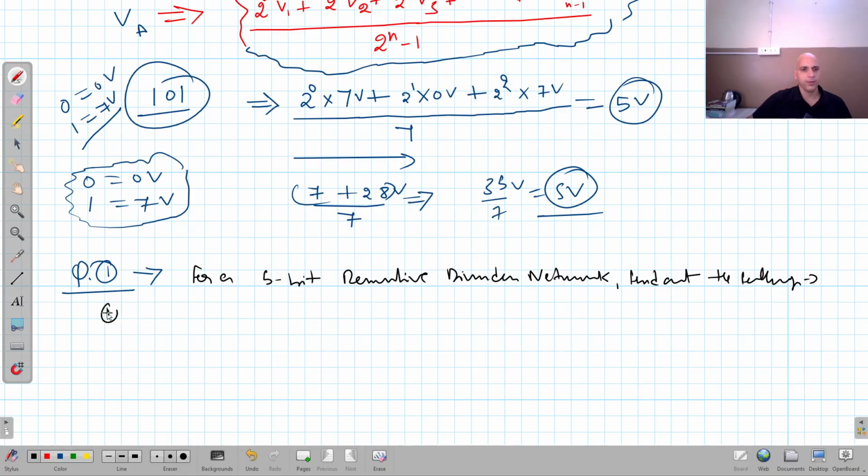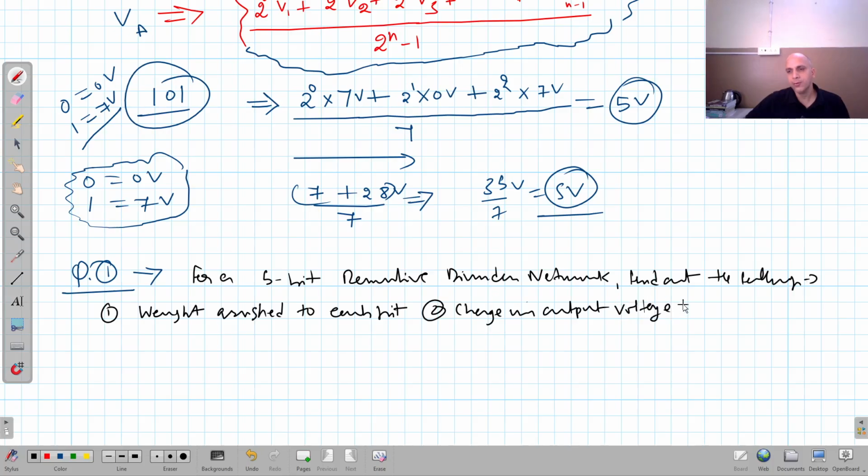Number 1, the weight assigned to each bit. Second, the change in output voltage due to each bit. And the third thing is you have been asked to find the output voltage due to the signal input,